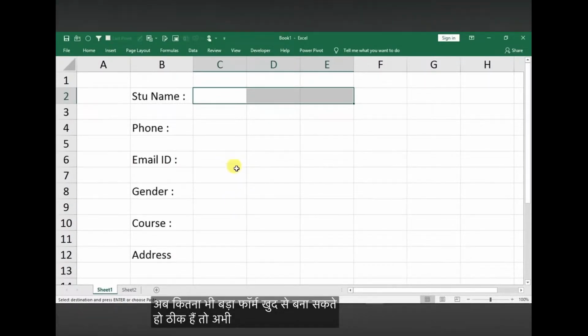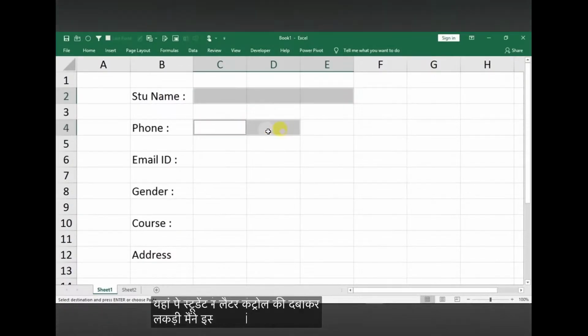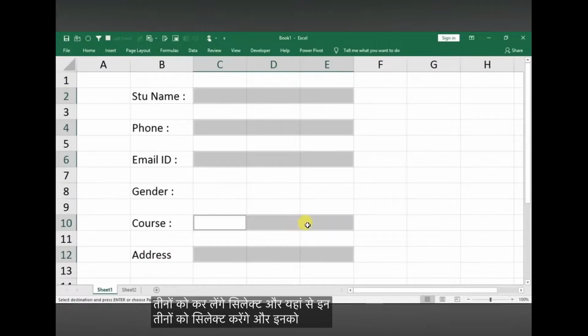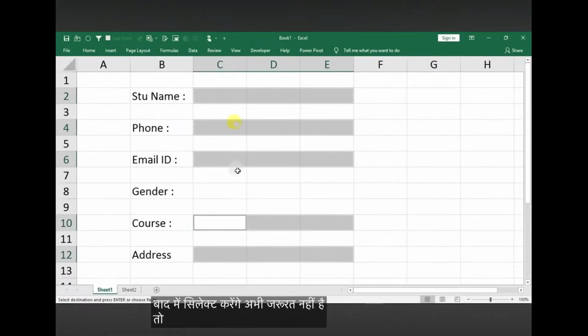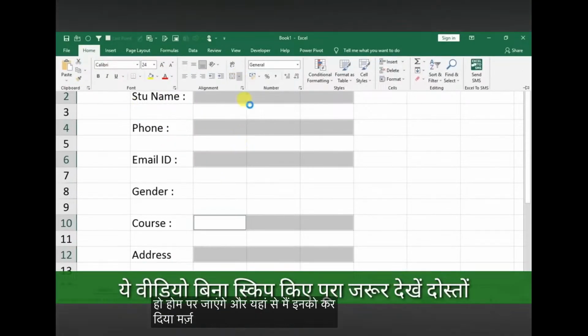ठीक है, तो अभी मैं एक काम करता हूं, यहाँ पे स्टूडेंट नेम के सामने ये 3 सेल मैंने सिलेक्ट कर लिए, कंट्रोल की दबा के रखी और इन तीनों को सिलेक्ट कर लेंगे, इन तीनों को भी सिलेक्ट कर लेंगे, और यहां से इन तीनों को सिलेक्ट कर लेंगे और इनको भी। और इनको भी हम बाद में सिलेक्ट करेंगे, अभी जरूरत नहीं है। तो मैंने ये सेल्स सिलेक्ट कर लिए, कंट्रोल की दबा के मल्टीपल सिलेक्शंस आप कर सकते हो। होम पे जाएंगे और यहां से मैंने इनको मर्ज सेल कर दिया।